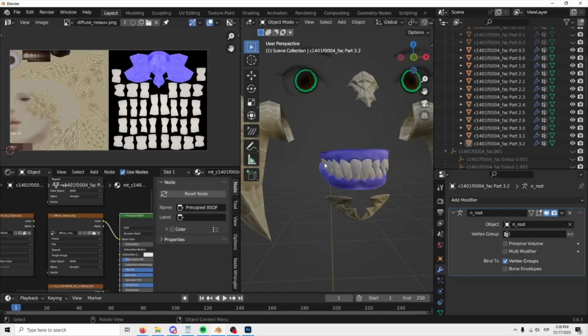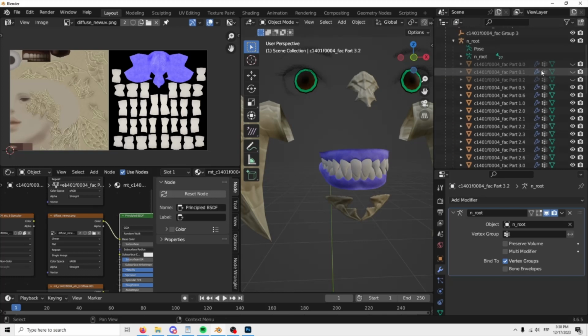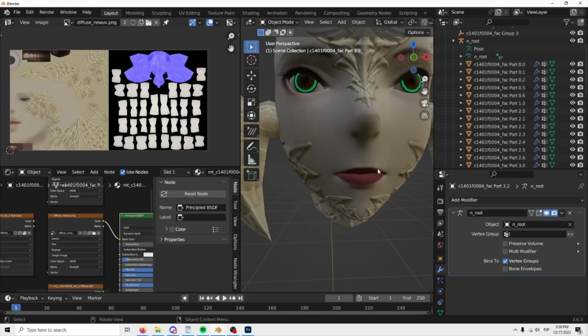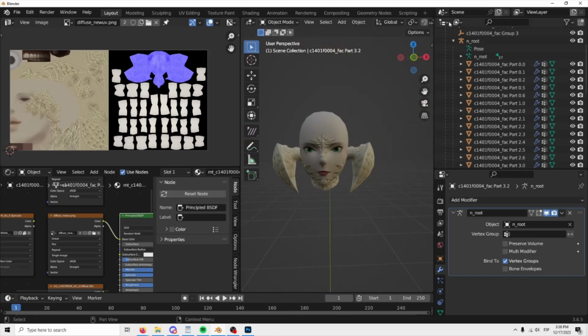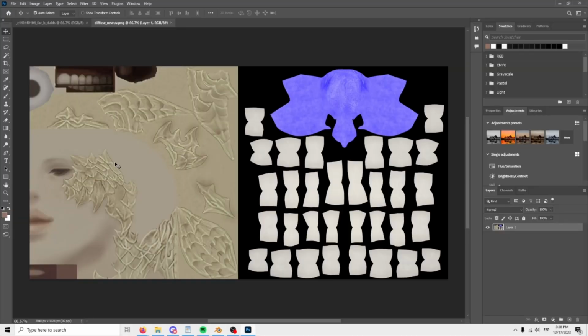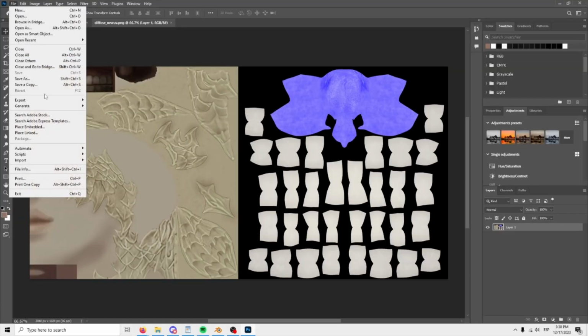Now, this is the information that Blender is saving. In this case, how the UVs are set up. So you're going to have your model, and you will be able to export it as an FBX as normal. However, we still have to add the rest of the textures because currently we only have the diffuse. We still need to add, for example, the normals, which you can do very